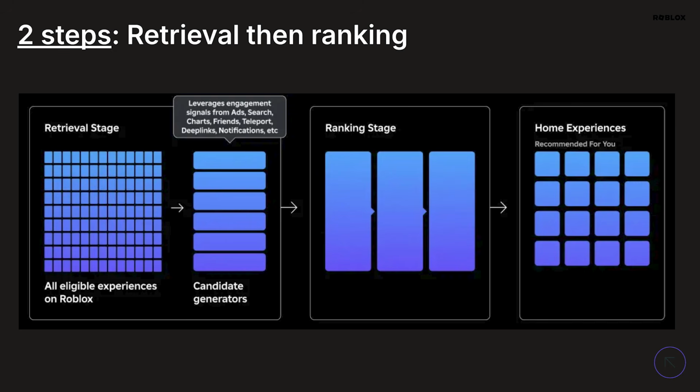And I told you there are millions of Roblox games and experiences that we need to find a smaller set to display on the homepage or recommended for you, because we can't show millions of experiences and nobody is going to scroll through or find all of them. So we do that in two steps. There is one stage called retrieval, where for every user we distill down the millions of experiences that potentially could be shown to a few thousand, few tens of thousands.